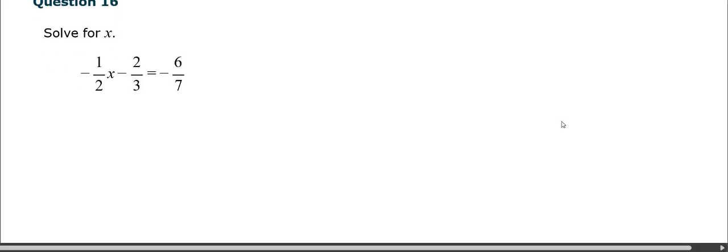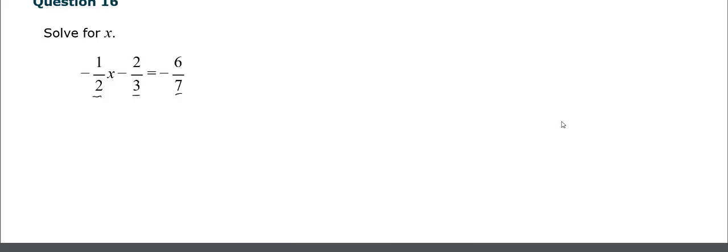My next problem. I have negative 1/2 x minus 2/3 equaling negative 6/7. So I want to find a common multiple so that I can reduce my fractions. So the common multiple of 2, 3, and 7 is 42. You can always just multiply these numbers together and use that number as your common multiple to reduce or eliminate your fractions. So I'm going to rewrite